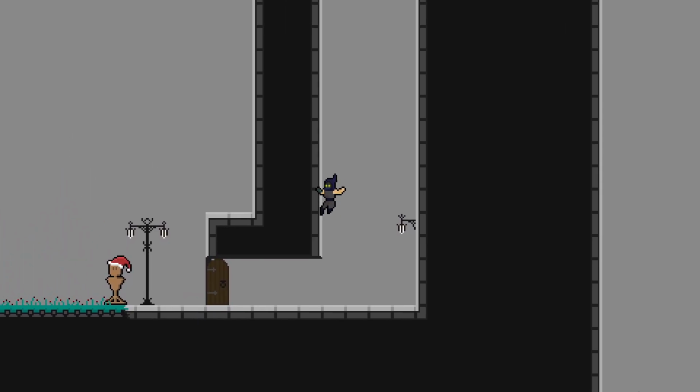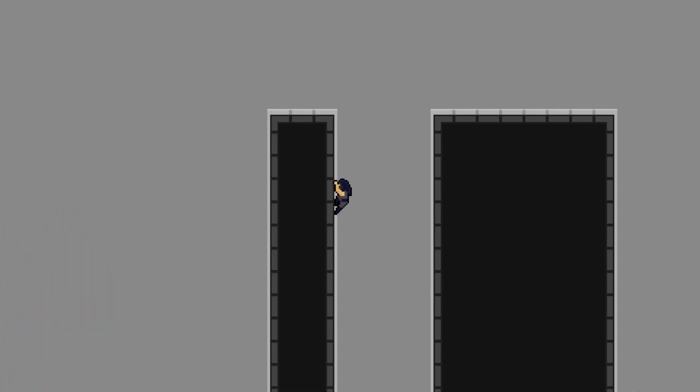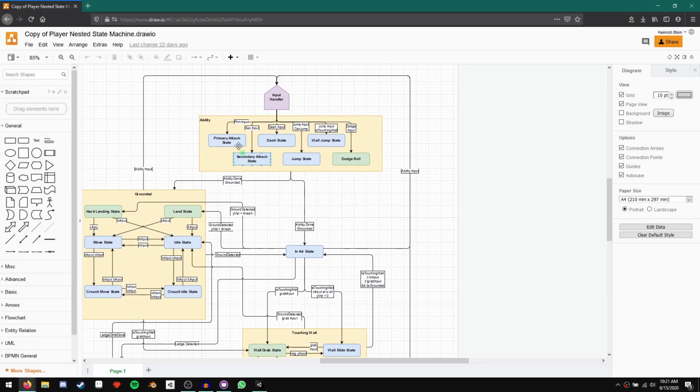My name is Heinrich, and today we're adding the ability to wall jump to our player. Seeing as we already have our ability super state set up from before, adding the wall jump state is going to be super simple. But before we get started with that, we just have some things that we need to fix from the previous